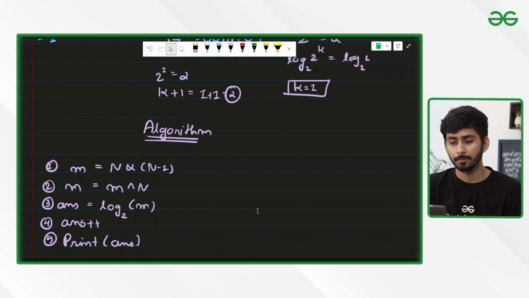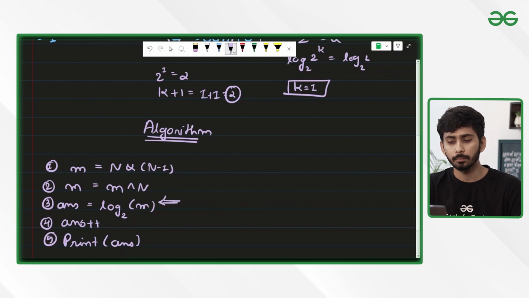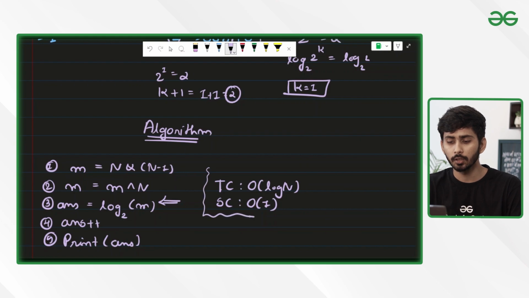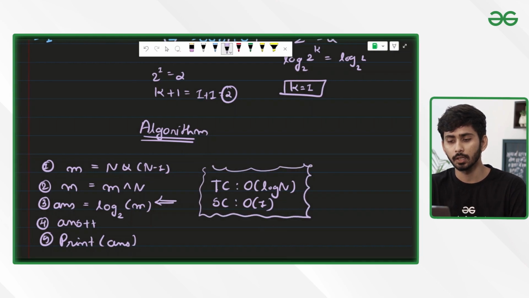So in this manner, you can find out the first set bit position from the right hand side from any given number. So what will be the time complexity of this approach? So over here, in order to find out the logarithmic, the time complexity required is log of n, and the overall time complexity of this approach comes out to be order of log of n. And what about the space complexity? The space complexity will be constant in this scenario, and this is your time and space complexity for this approach. I hope you understood how to solve this question. So now let's quickly write down the implementation for the same.